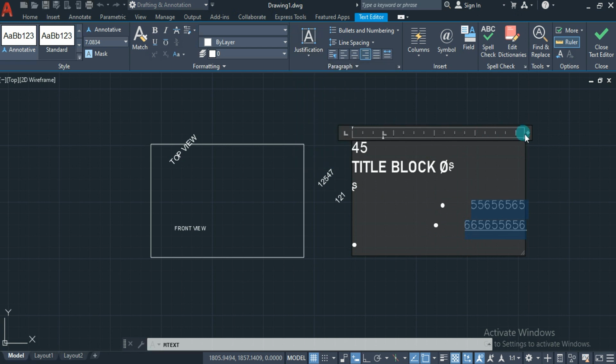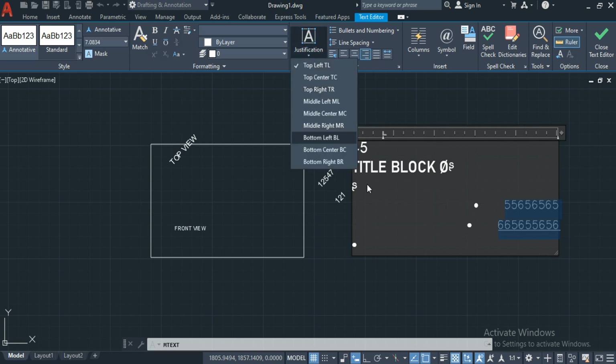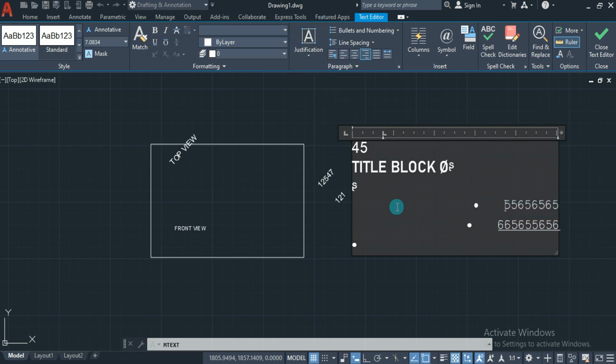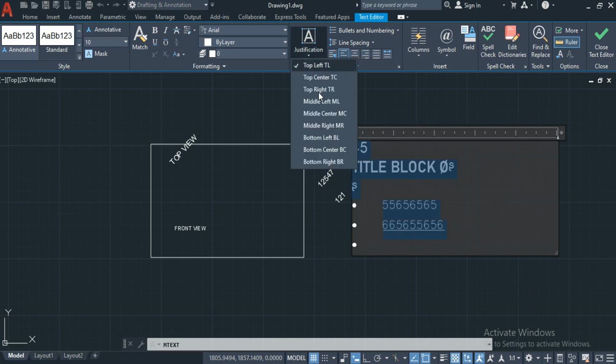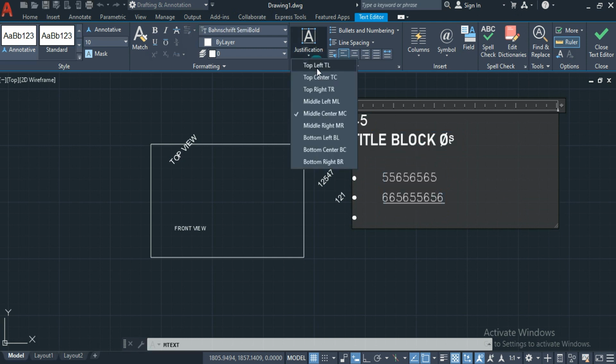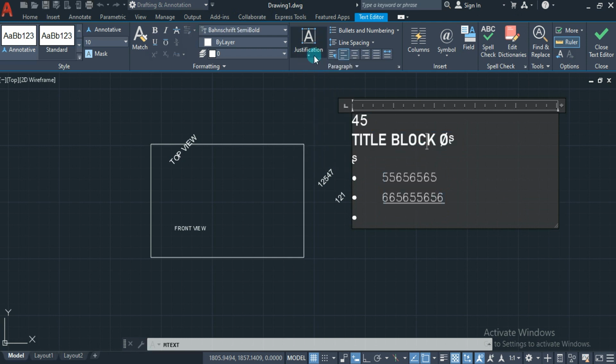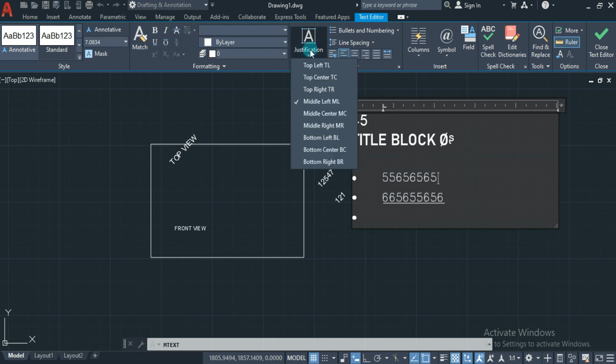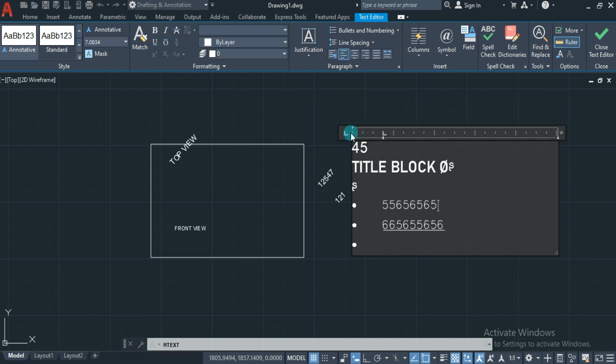With respect to the box, the total text, I mean the starting of the text where it has to be aligned, you can choose from the list. So let us take Control A and let it get left only. If I'm going to take it as middle center, the total text will be aligned at middle center. You can see the changes here. If I'm going to keep top left, the text will be starting at top left.